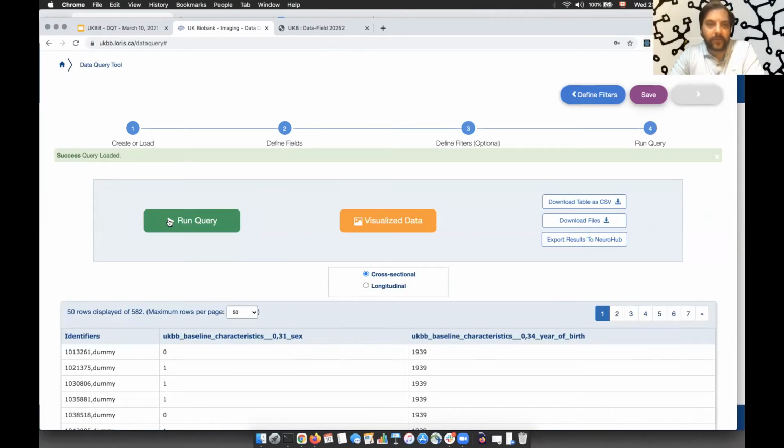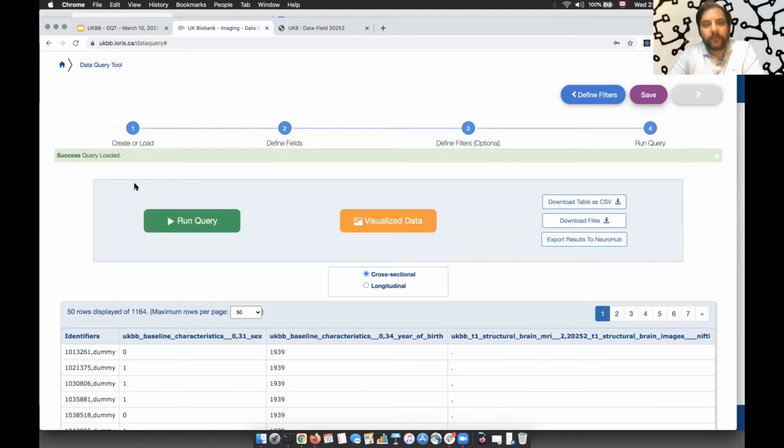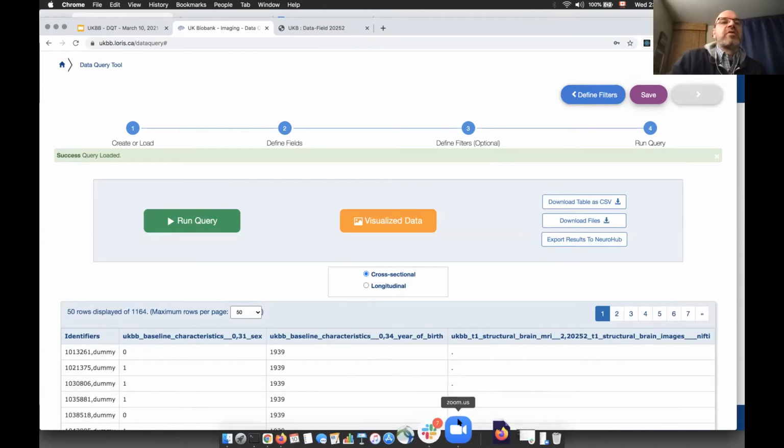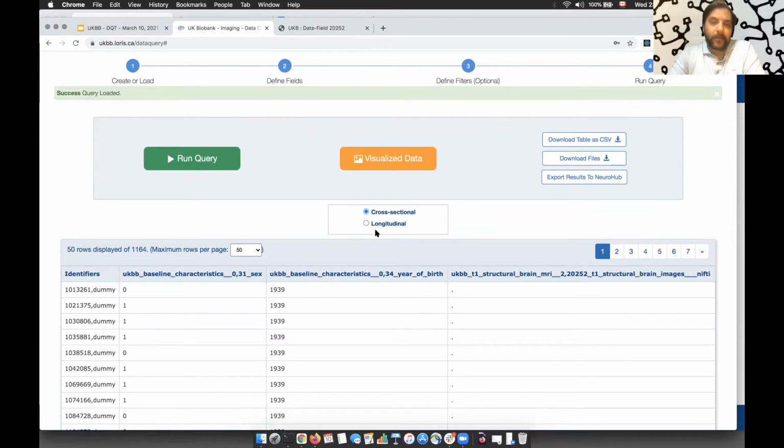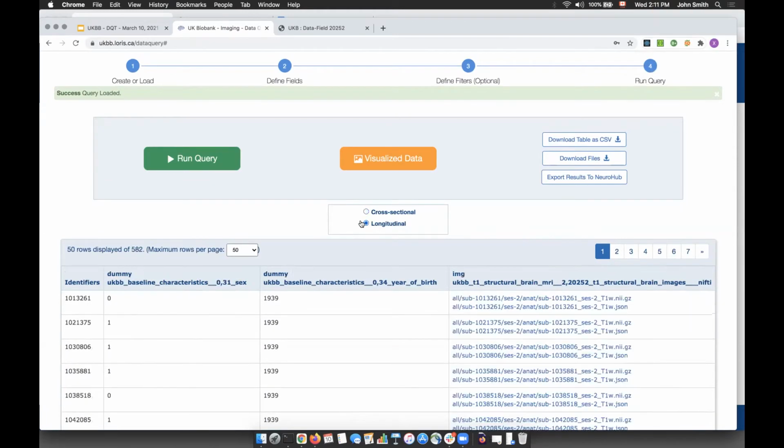He just defined the filters, and then it's about clicking run query. In this case, there is about just 1,164 entries, it looks like, that were returned from that particular field and filter. Yeah. And so, go ahead, Xavier. If the view is longitudinal, then it's 582.